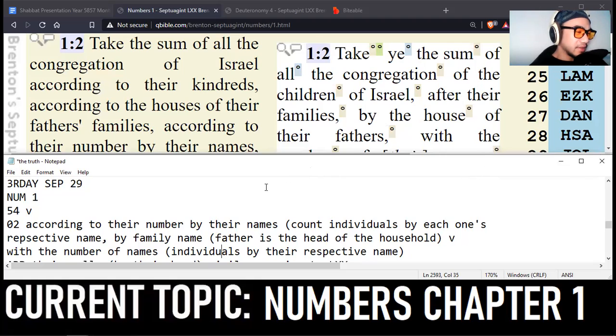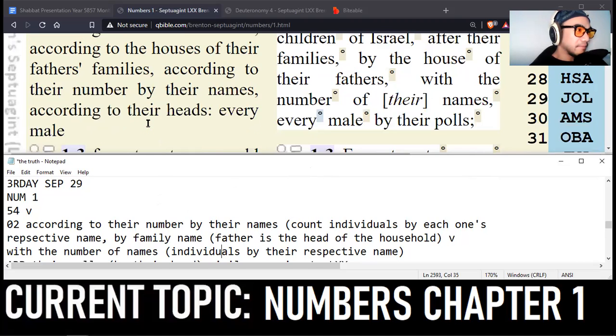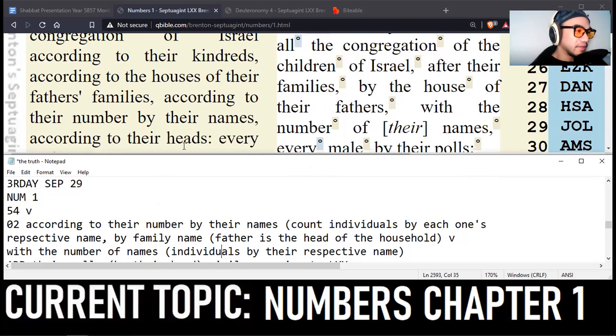Today we're looking at a new book, the book of Numbers, chapter 1, 54 verses. Verse 2 says, according to their number by their names. So you're counting individuals by each one's respective name or family name, and actually it says here, by family name, and the father is the head of the household,